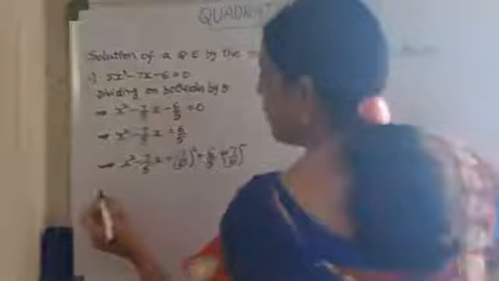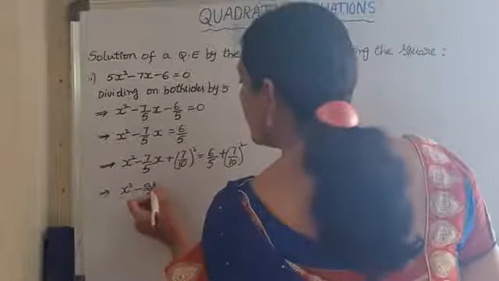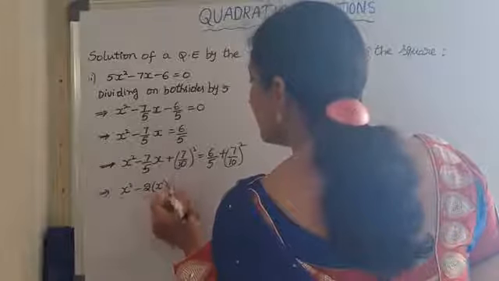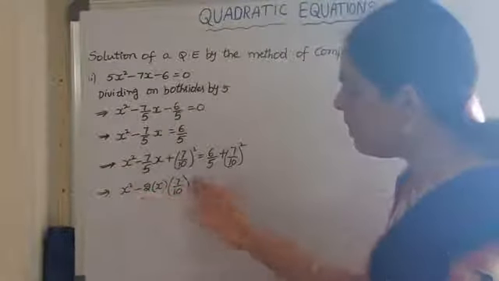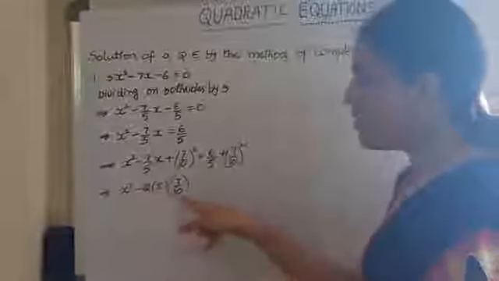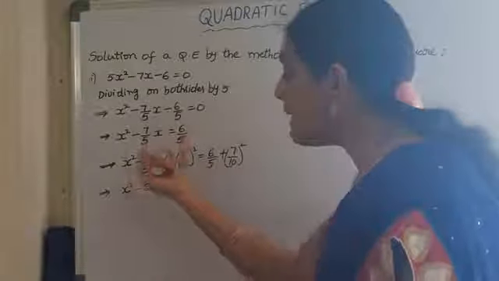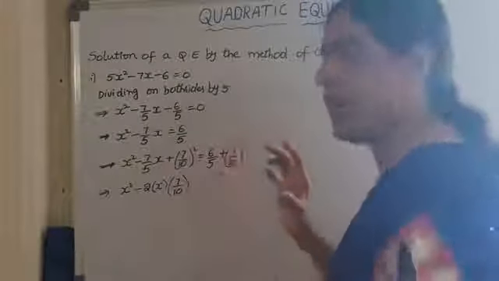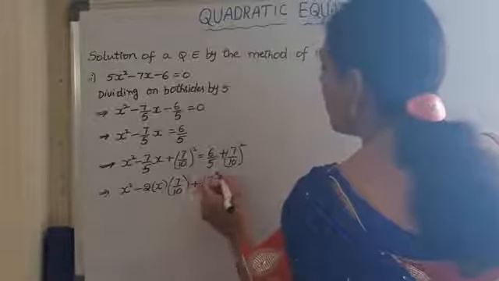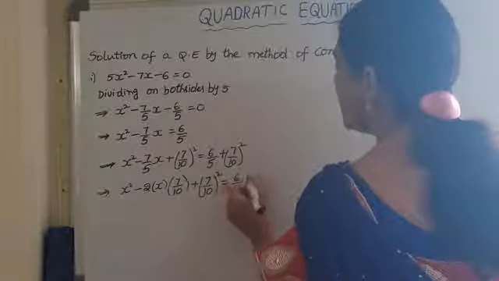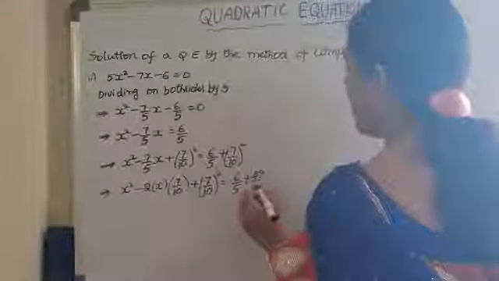Now this is of the form x square minus 2 into x into 7 by 10, we can write like this, as 7 by 5 is nothing but 2 into 7 by 10. This 2 in this 10, 5 times it will go. This is same as 7 by 5. So we are writing this term in the form of 2ab, plus 7 by 10 whole square is equal to, simplify this one, 6 by 5 plus 7 square, 7 sevens are 49 by 10 square, 100.